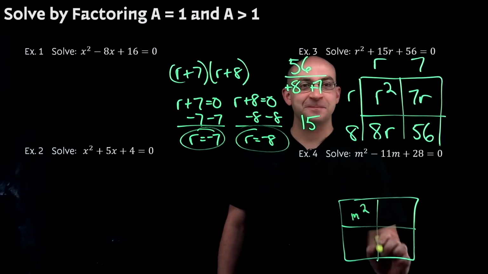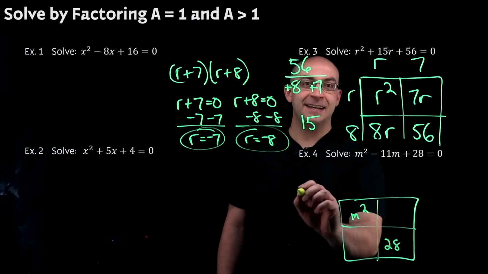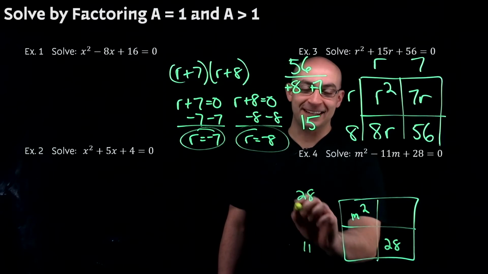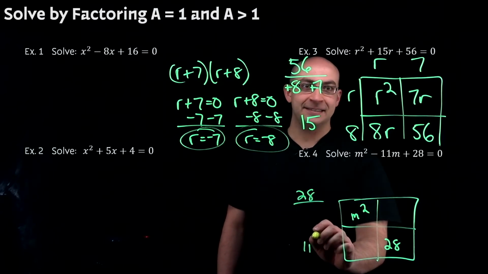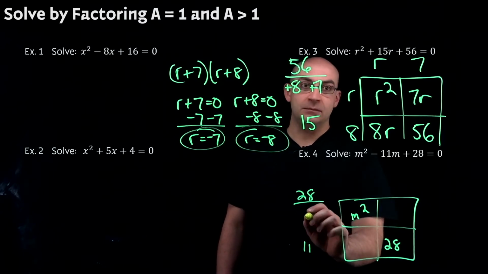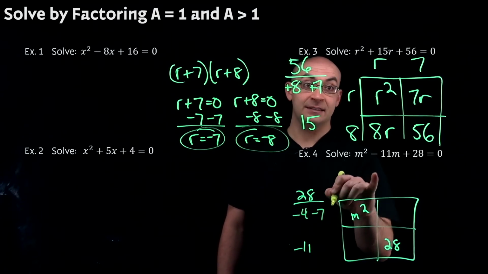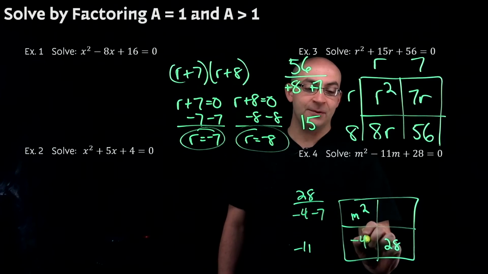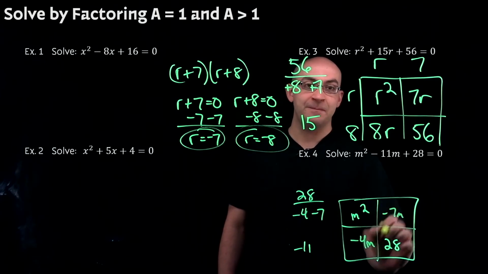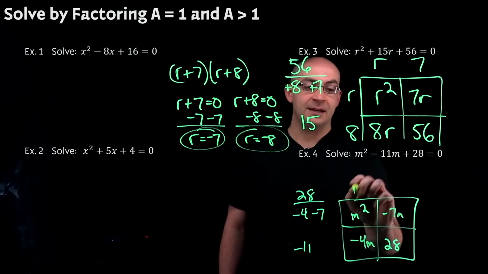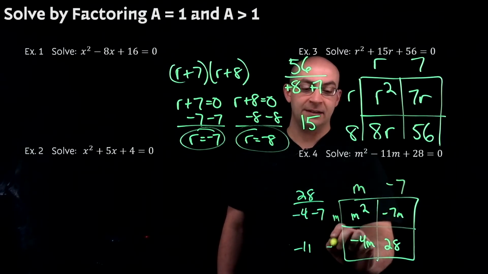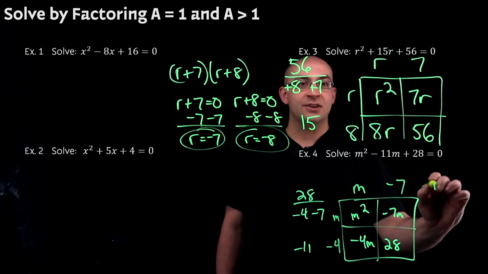M squared, 28. I'm looking for factors of 28 that add to 11. I need a negative 11, sorry. I need a negative 4 and a negative 7 because I have a negative 11 here in my B term. So I need a negative 4M and a negative 7M. M comes out, negative 7, M, negative 4. Okay, factors are M minus 7,